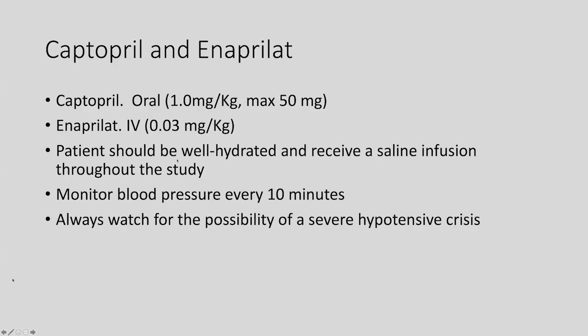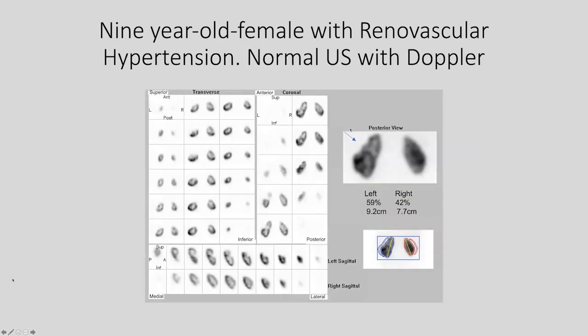In both cases, the patient should be well hydrated and receive a saline infusion during the study. Blood pressure must be monitored every 10 minutes, and always watch for the possibility of a severe hypotensive crisis, particularly with Enalaprilat. Here's an example of a patient that has hypertension, a 90-year-old female, and the patient had a normal ultrasound with Doppler. However, you can see the DMSA showing cortical abnormalities on the left side, not only on the projection image from the back, but also focally